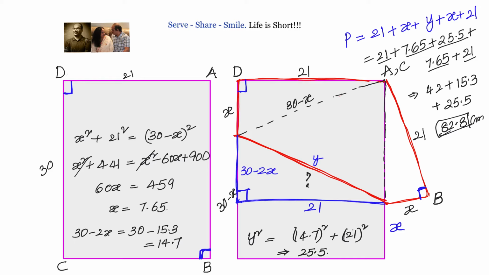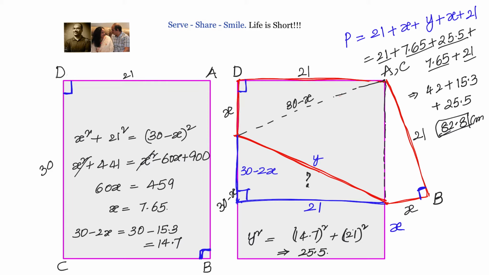So the perimeter of the pentagon, which is formed when you take an A4 sheet of side dimensions 30 centimeter by 21 centimeter approximately, and try to coincide A and C vertices, then the perimeter of the pentagon is 82.8 centimeter. Now let us see how we can use coordinate geometry and find out the value of x, because once we find out the value of x, the remaining steps of finding the perimeter will be the same in both the scenarios.